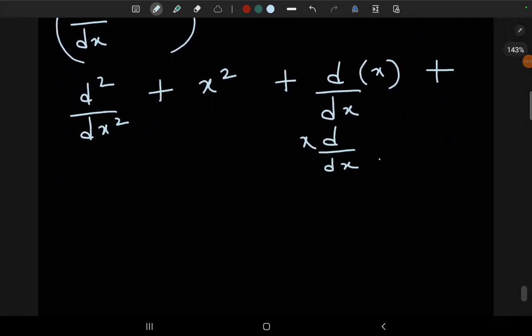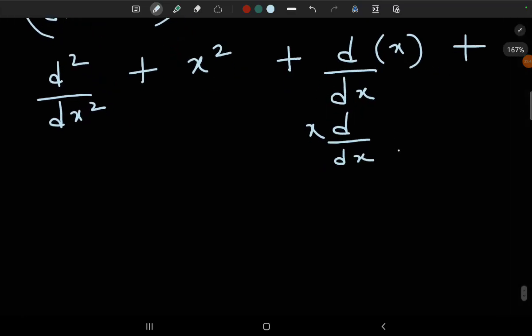Okay, so these are our operators, and these do not have an individual meaning unless there is a function attached to them. So this is what we have,